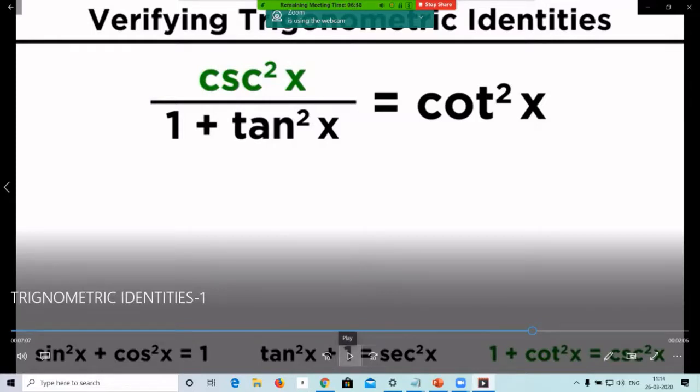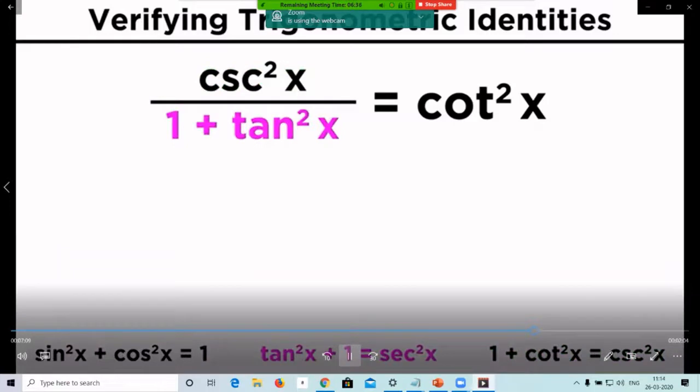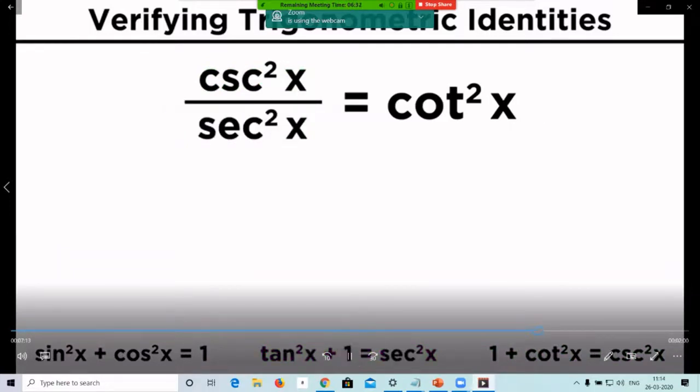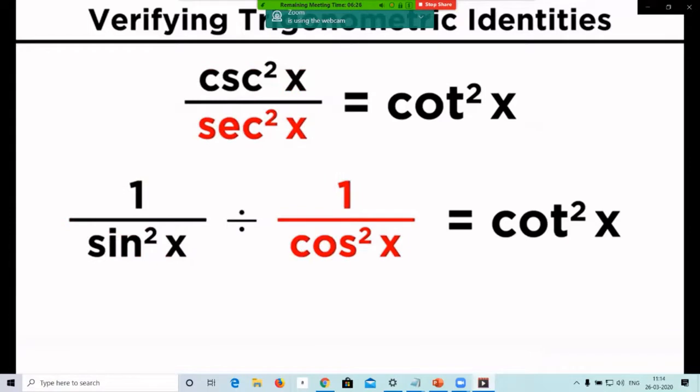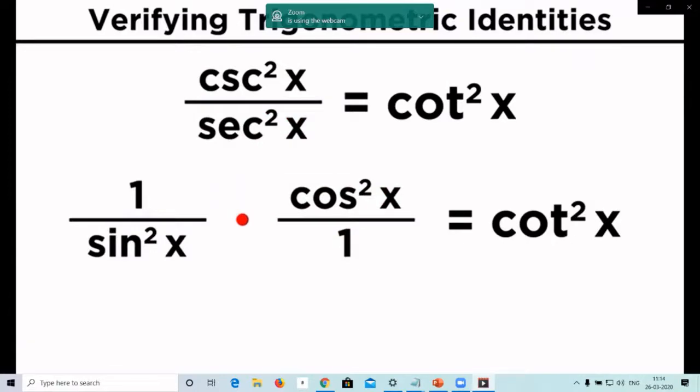So here we move ahead with this. Then we can turn the denominator into secant squared. Just like that, we are almost done. Now we can rewrite cosecant squared as 1 over sine squared and secant squared as 1 over cosine squared. We know that dividing by a fraction is the same as multiplying by its reciprocal, so we bring